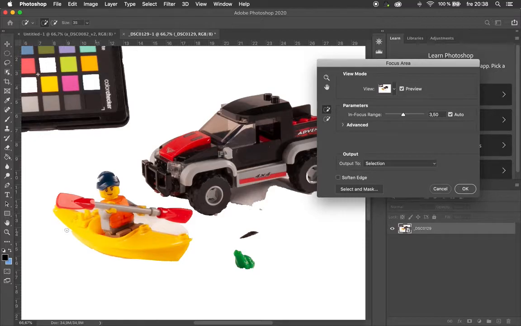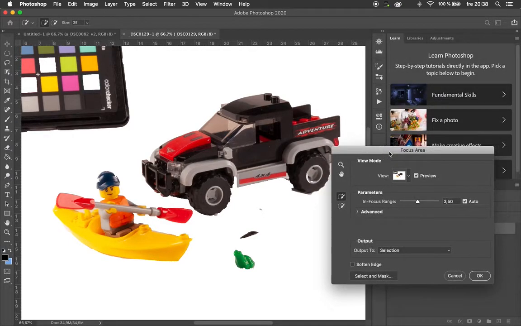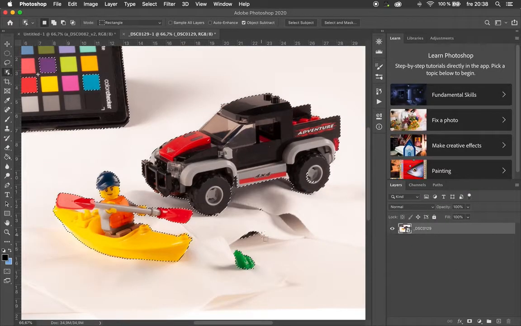Okay, maybe there was no canoe there. Okay, and if I hold down my Alt or Option key, I have the minus brush. Let's see what happens there. Okay, great. I go under the car. Also a great work, and I think I'm fine with this. Okay,